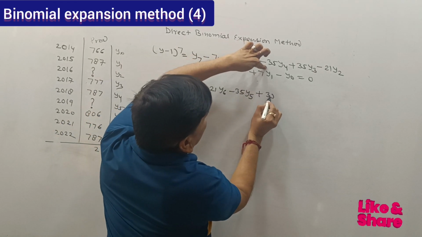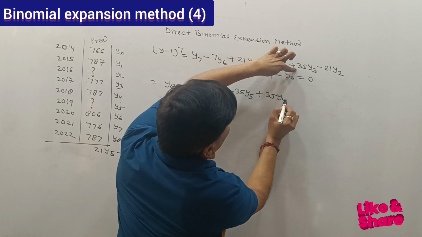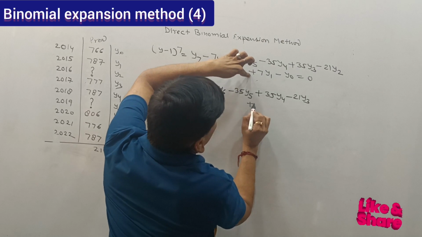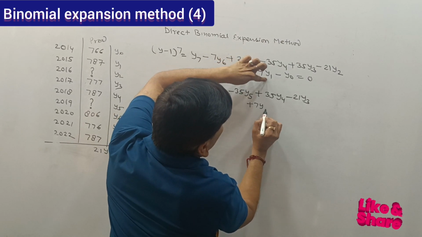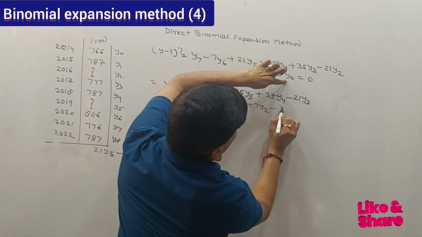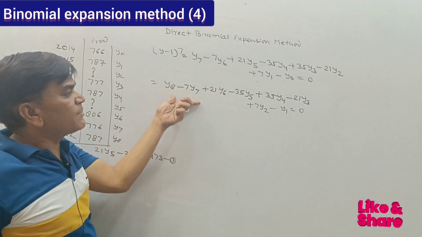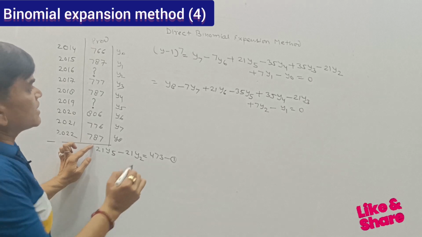Plus 35, y3 is over, so y4 we will write. And 21, y2, so y3 is over there. And 7, y1 is here, so y2 is here. And y0 is here, so y1 is here. So we have changed one digit in the same equation and putting the value, that is 787